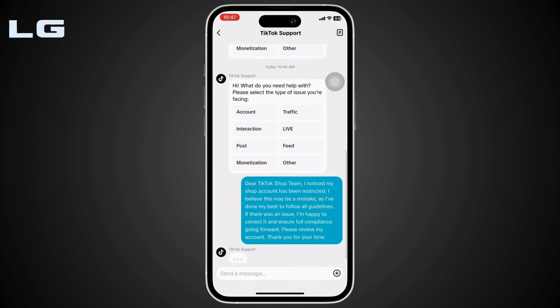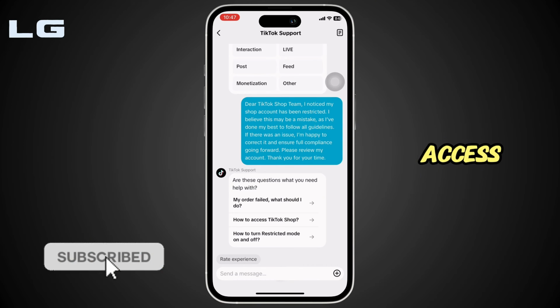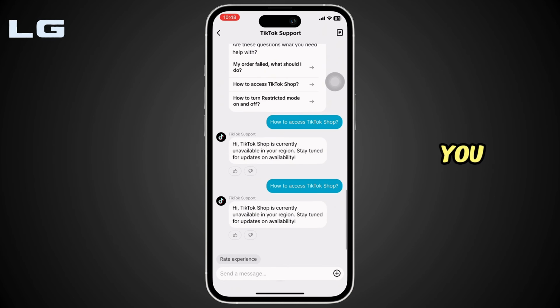on Send. Once you have sent all the issues that you have been facing, you will need to follow the on-screen process of the TikTok customer support. Tap on How to access TikTok shop. It will show you the reasonable answer. Right now, the TikTok shop is not available in my region. But for you, if it was blocked, then follow the on-screen process of TikTok support, and after that, you'll be